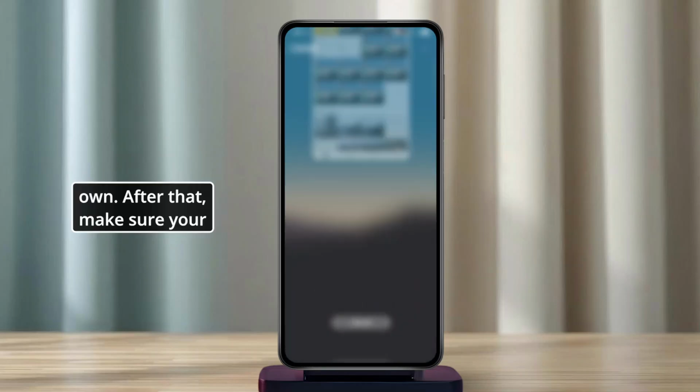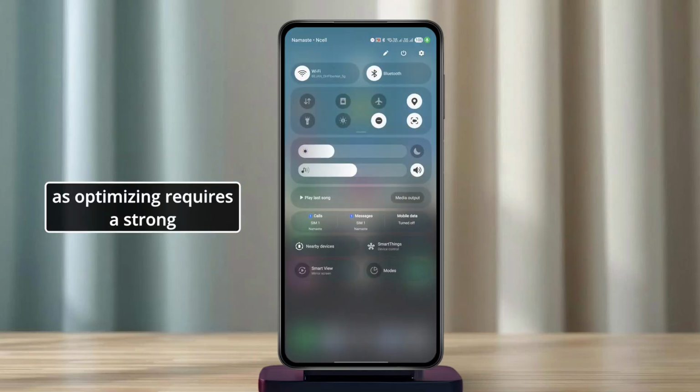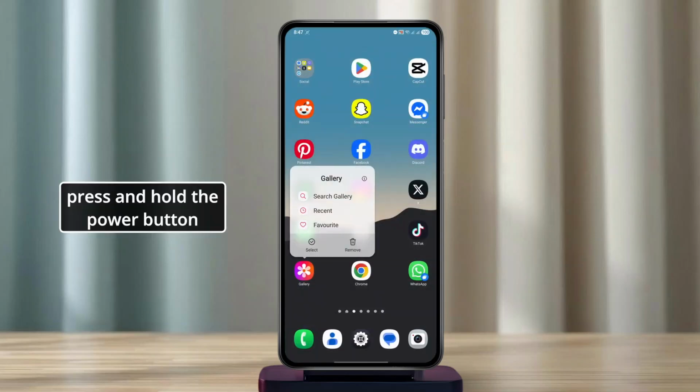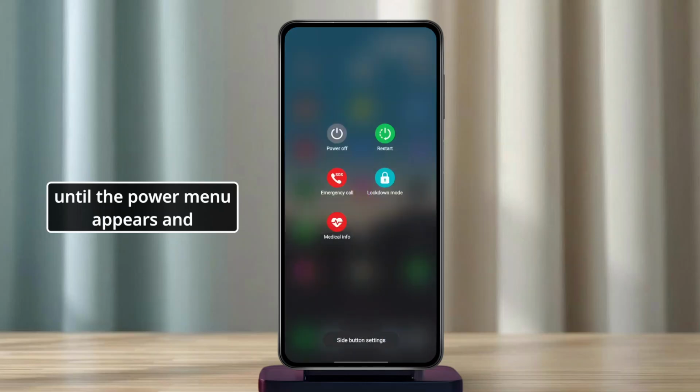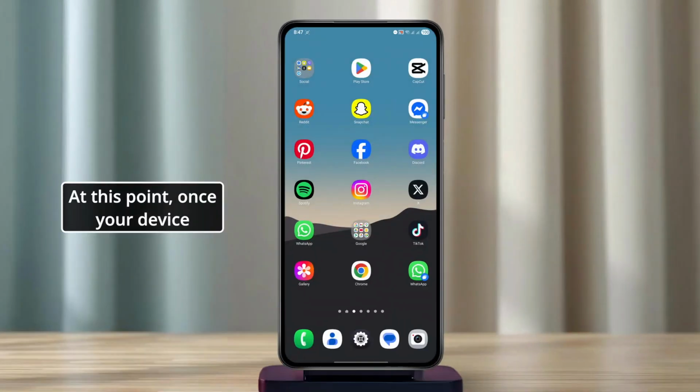After that, make sure your device is connected to a stable Wi-Fi network, as optimizing requires a strong connection to complete. From there, if it's still stuck, press and hold the power button until the power menu appears and tap Restart to reboot your device. At this point, once your device boots back up, open the Gallery app again to check if the issue has